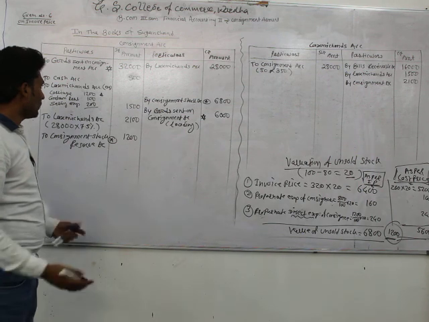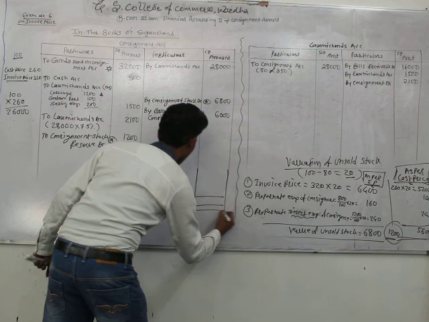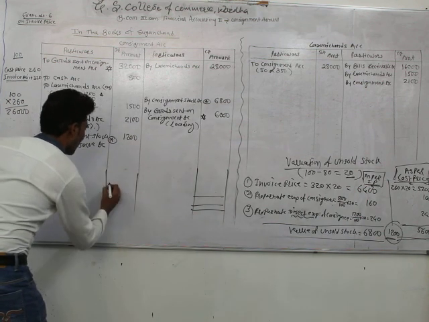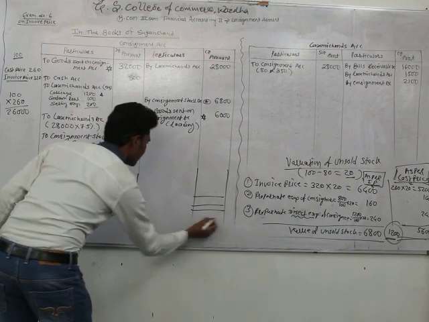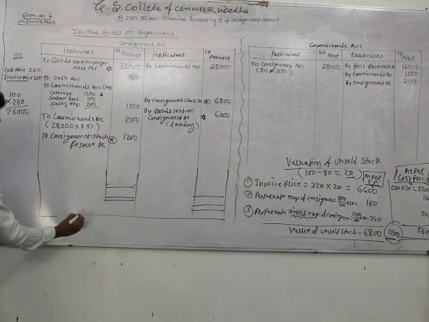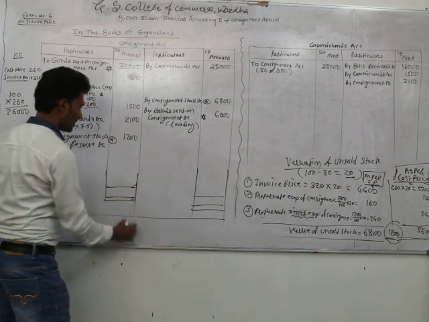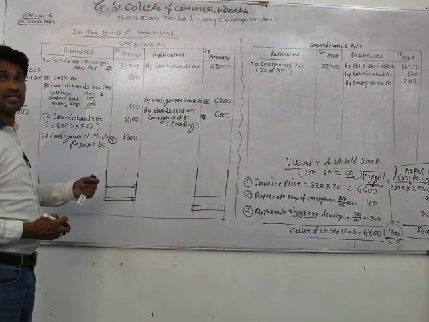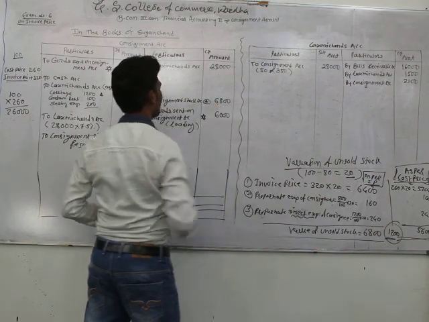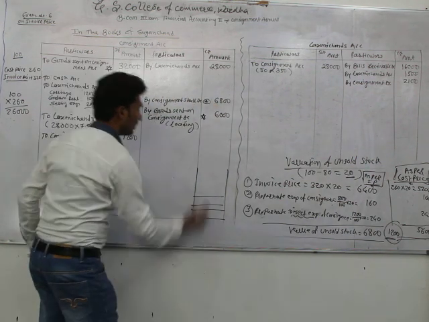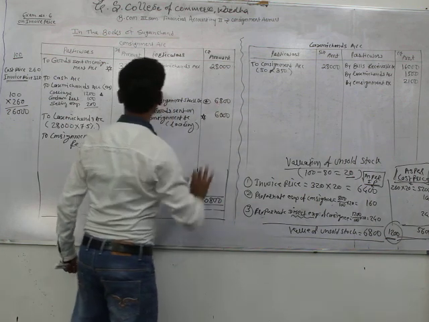At the end you just find out the profit or loss on the consignment account. In our example, everything else is the same, but there is just a difference in the value of goods. When the consignor sends the goods as per the invoice price, there are some new points related to the reserve. Making the total 40,800. Credit side total 40,800.